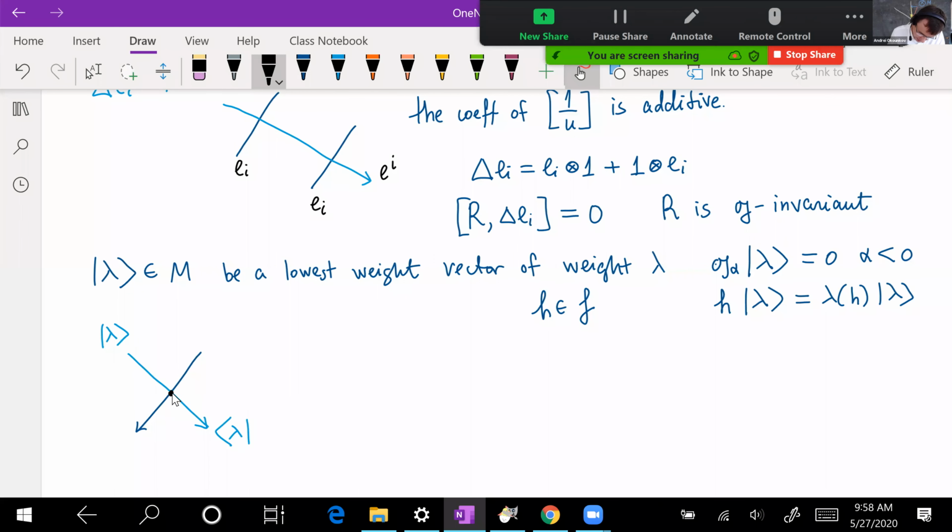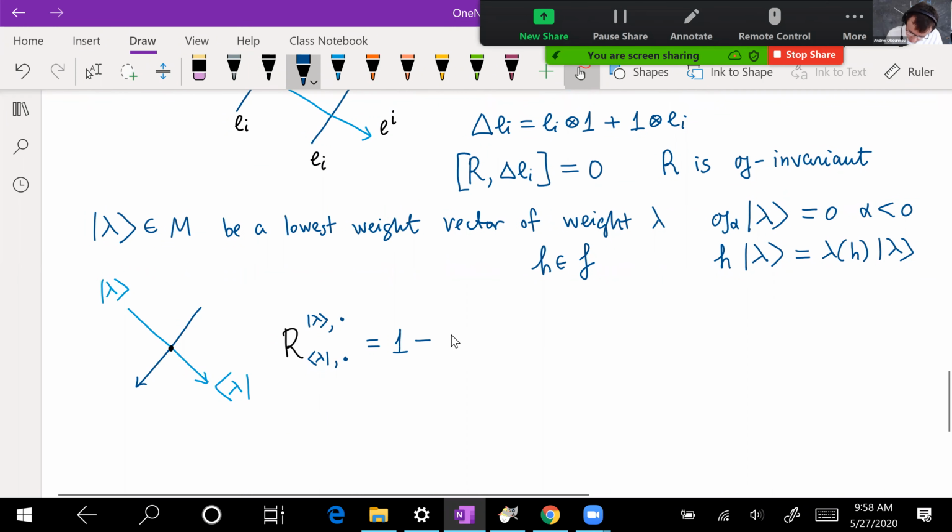So if I expand this R matrix, this particular matrix coefficient, maybe I'll write it like this. R, and you start with the vector lambda, and you end up with the vector this, and the other two entries are free. So that's my matrix element here. Well, it starts with 1, not so interesting. Then the next term by my rule will be minus lambda by